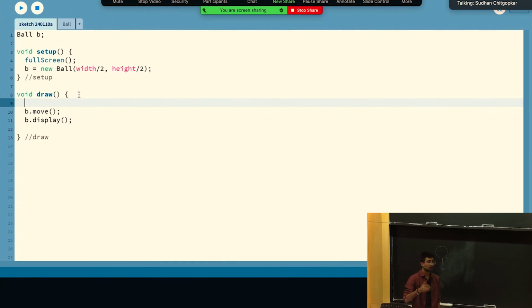We know that it gets called every single frame. And so what we want to do is we want to clear the frame, draw the ball, clear the frame, update the ball's position, draw it, clear, update, draw, so on and so forth. And to do that, we just have to clear the entire background. I'm going to set it to 0 every single time, which makes it entirely black. So if we go ahead and run that again,